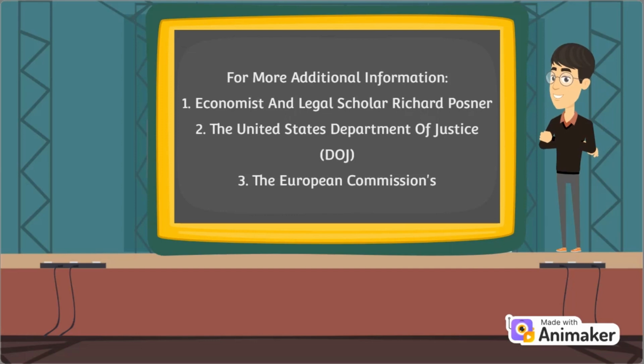Furthermore, the United States Department of Justice, DOJ, defines predatory pricing as the pricing of goods or services below their incremental cost with the intent, or reasonable expectation, of driving rivals out of the market and of being able to raise prices in the future to recoup foregone profits. Moreover, the European Commission's definition states that it involves a dominant firm selling goods or services at a price below cost with the aim of excluding competitors from the market. This definition highlights the relationship between predatory pricing, market dominance, and the exclusionary effect on competitors.